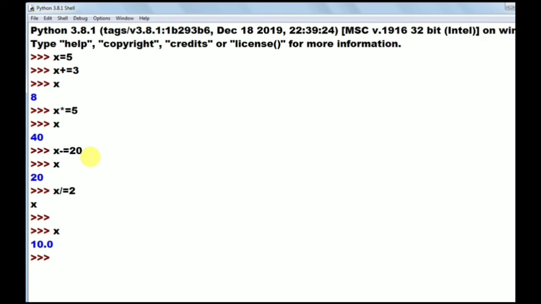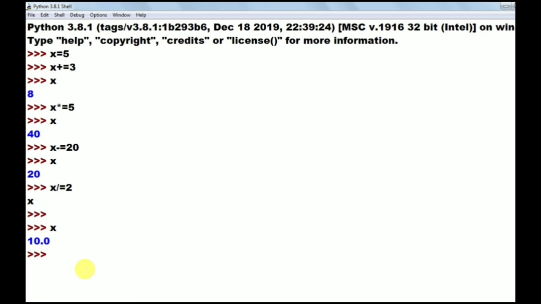Okay, then I want to use modulus operator, modulus assignment. So x modulus equals to 3. So what is the meaning of this one? X equals to x modulus 3. What is the current x value? Current x value is 10. So 10 modulus 3. So 10 we are dividing with 3. 3 3 is 9. Remainder is 1. So if you print x value, that prints 1.